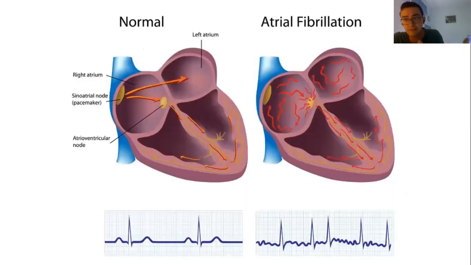Just to illustrate this, as you can see, we have a normal heartbeat versus atrial fibrillation. In the normal heartbeat, that electrical activity is going from the atria into the ventricles in an organized way, right? It's pumping the atria first, then the ventricles. It's going down in a normal, even way, and you can see it's reflected on that normal EKG reading. There's a normal distance between those peaks. The peaks are regularly shaped, so it should be fine, right?